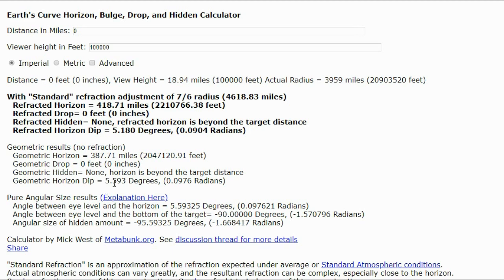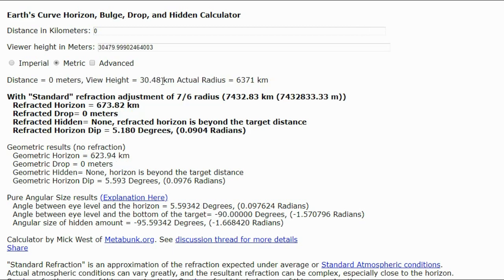Now, the additional problem with going to these extra heights, for instance 18.4 miles or 20 miles high in this example, is that you have the cloud cover. Now, if you assumed or took, for example, that clouds might be as much as 10 kilometers high, and in metric we are 30 k's high, in that case you're only 20 k's above the cloud cover, and that's going to change your perspective again.